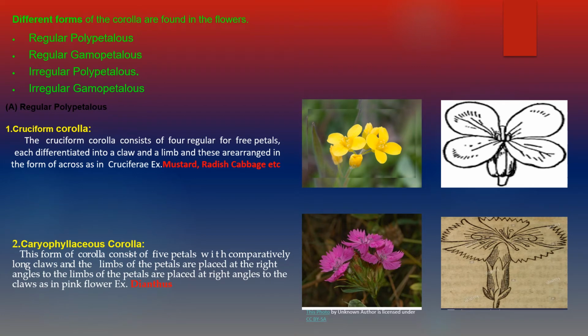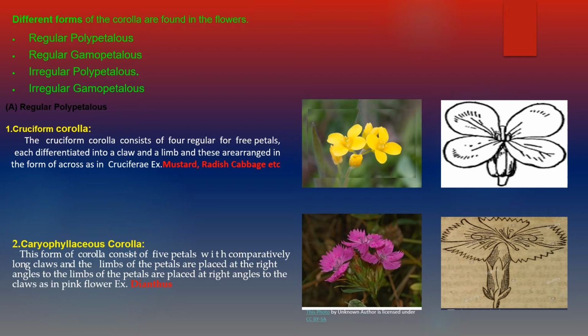Coming to the different types of corolla. Different forms of corolla are found in the flowers, like that of regular polypetalous, regular gamopetalous, irregular polypetalous, and irregular gamopetalous. As you can see in the figure, the first one under the regular polypetalous form is